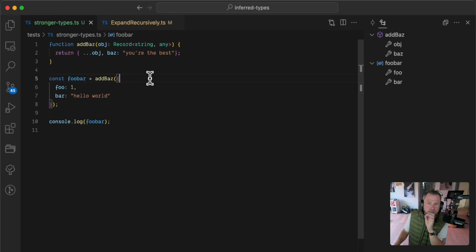We can very quickly come up with a much better solution using generics. Now, I'm not going to go into great detail about generics. Generics are kind of a language feature that you find in most strongly typed languages, and they're available in TypeScript as well.